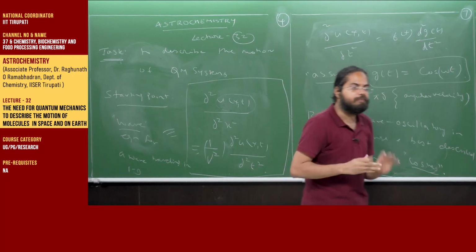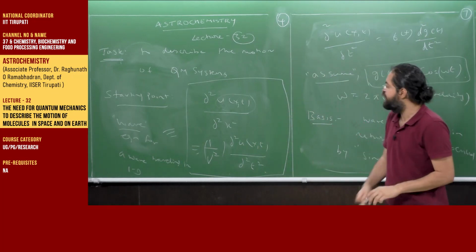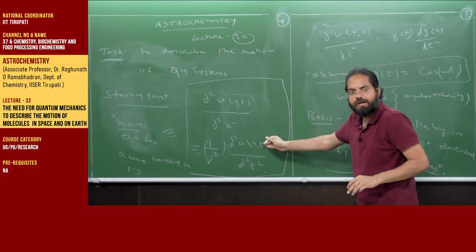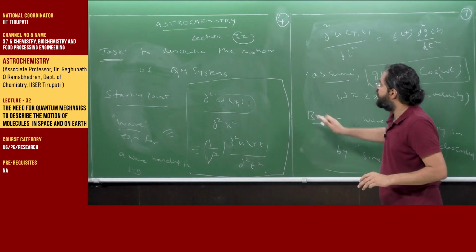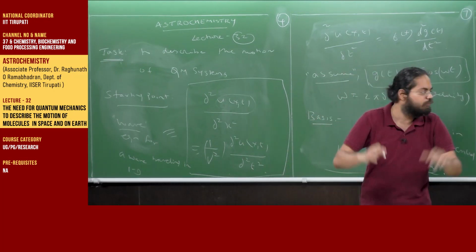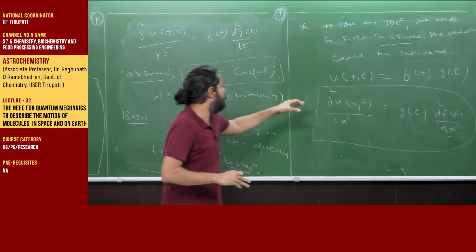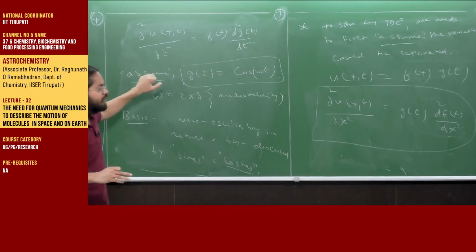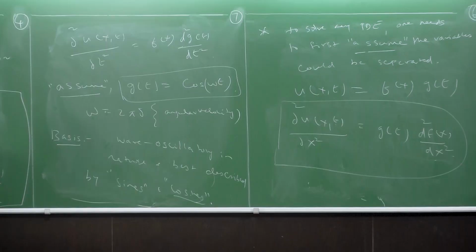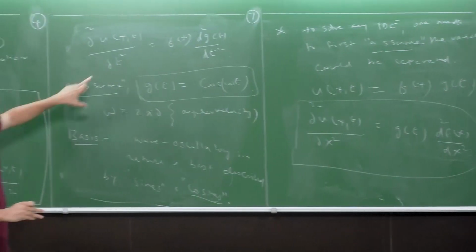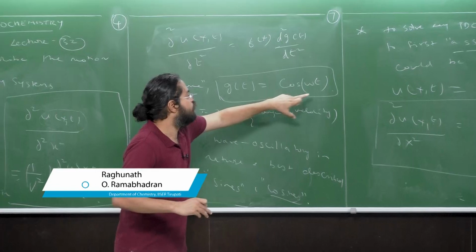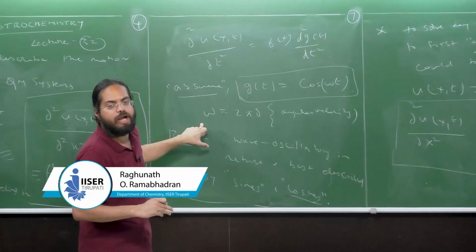So we have to describe the motion of the wave particles. For that, we started off with the wave equation, and we are trying to solve this equation by making some assumptions. That is, the variables could be separated, and after that, because of the oscillatory nature, and that the second derivatives are being equated, I use for the time part some cos ωt, where omega is the angular velocity.